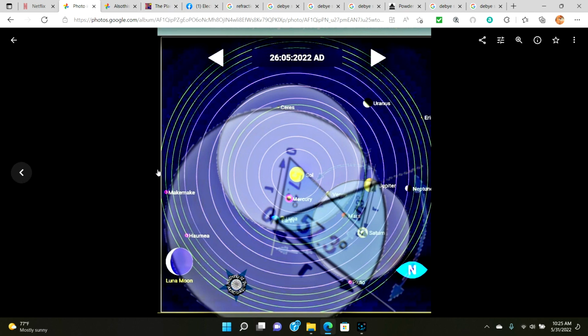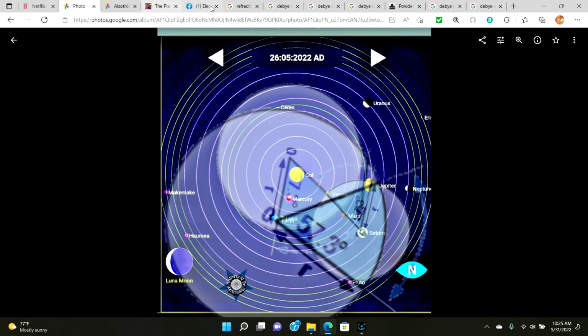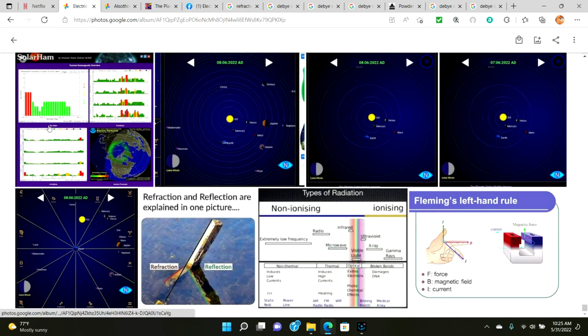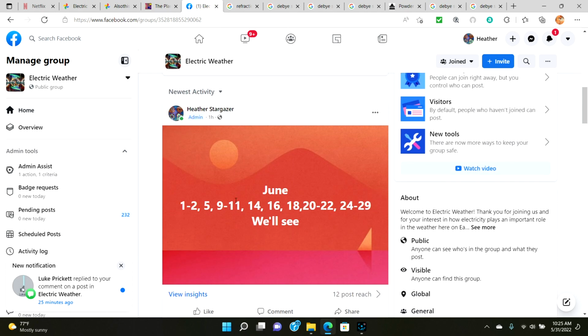Why is my computer so slow? I was trying to show you that I did make the prediction charts for June, and I put them out on Electric Weather. I was going to do a separate one that was also the earthquakes, but I decided not to do that. Here we go. So here's the days for the solar weather